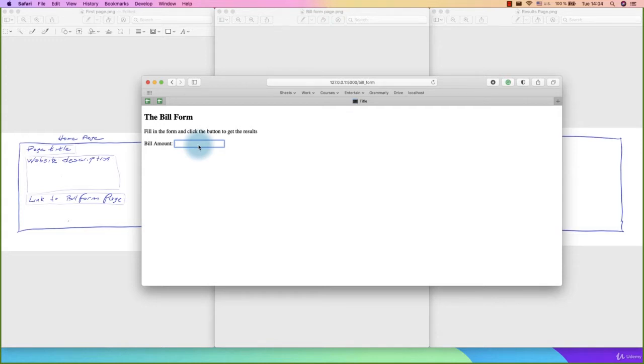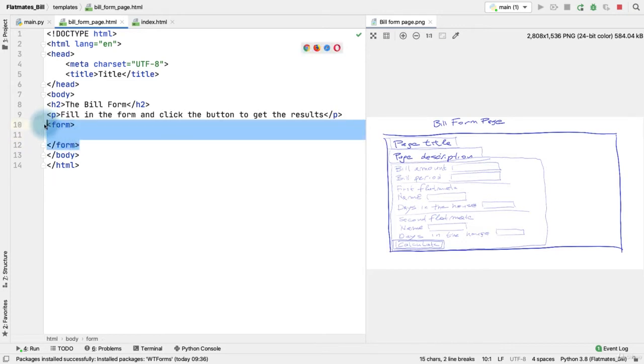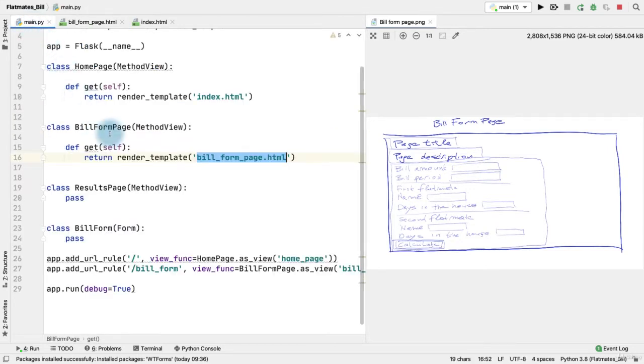Now that is one way to create a form with your Flask apps, but that's not the best way. The best way is not to add the widgets in here. So you can leave the form tags and then go to the Python file and locate your form class, so build form class in our case. And so instead of using HTML code to create widgets, we are going to use Python code to create the